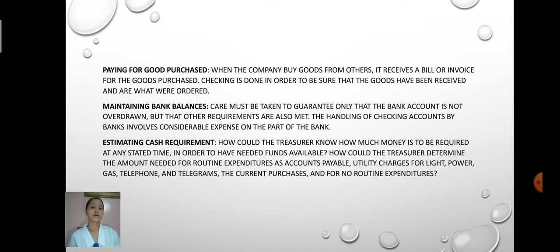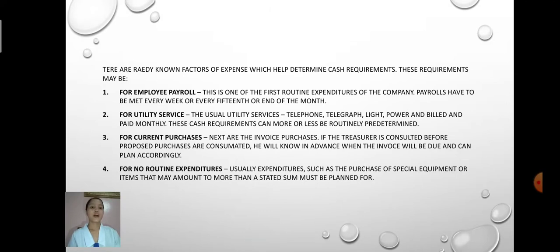Estimating cash requirements. How could the treasurer know how much money will be required at any stated time in order to have needed funds available? How could the treasurer determine the amount needed for routine expenditures such as accounts payable, utility charges for light, power, gas, telephone and telegrams, the current purchases, and for non-routine expenditures? There are readily known factors of expense which help determine cash requirements. These requirements may be: